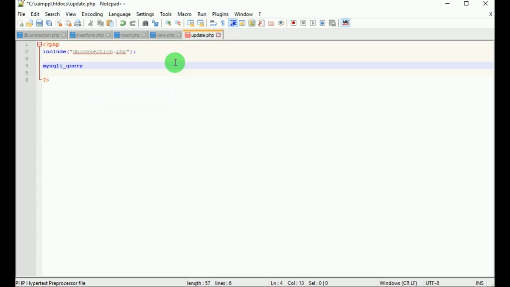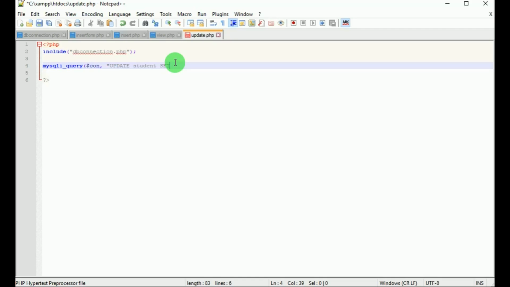MySQLi query function is used. This function will send the query or command to the MySQL connection. And to update the records, update statement is used. It will update the records in the table or database.